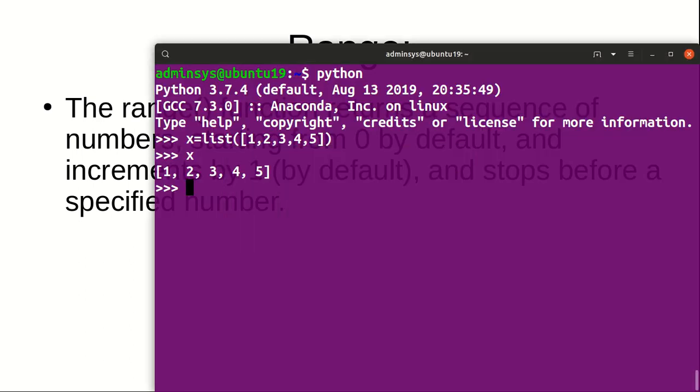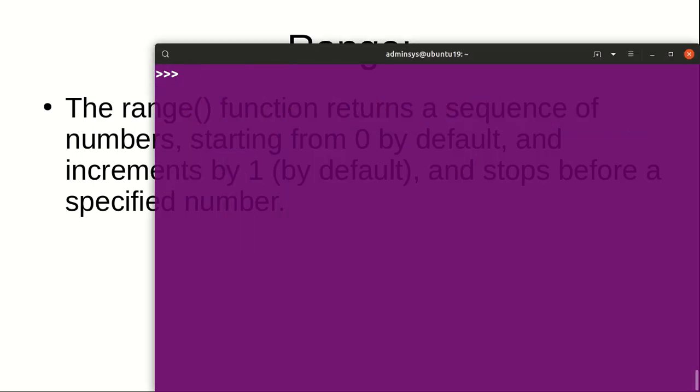So let's see the example. Let's say x equal to, I will create range with 10 elements. Now if I convert x to list, that is list of x, then it will return the values from 0 to 9.